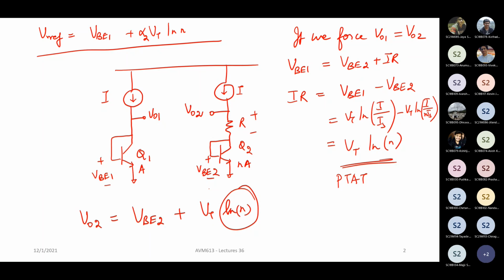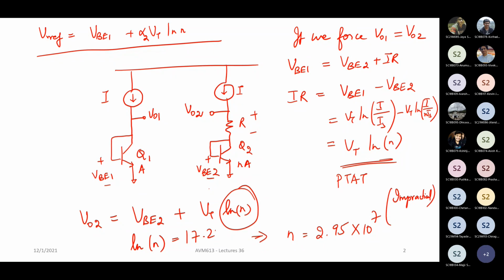So in other words, if you substitute things, it turns out this ln n, because what did we see in yesterday's class? We saw that alpha 2 times ln n should be equal to 17.2. Here there is no alpha 2, it is directly ln n. So if this is equal to 17.2, it turns out that this n is an extremely large value, 2.95 times 10 to the power of 7. Okay, which basically means that if this is area A, the area of this Q2 transistor has to be some 29.5 million times that of this one, which is impractical. Basically, this is impractical, right?